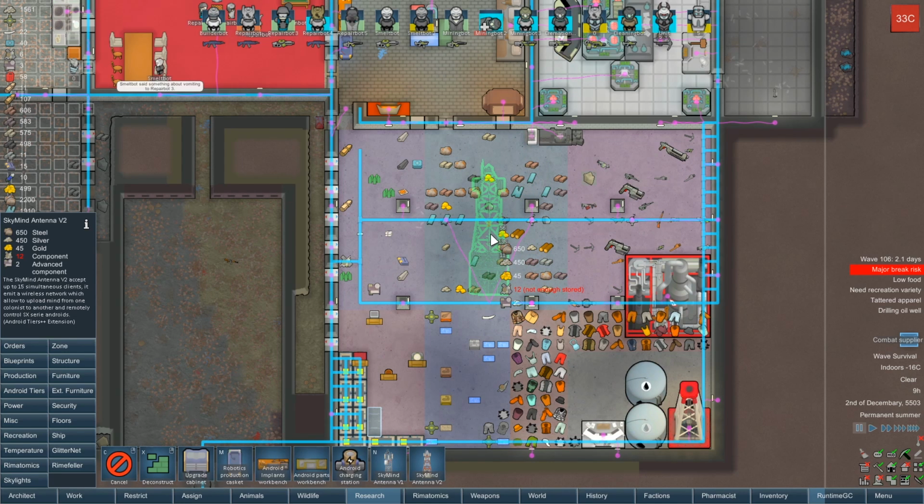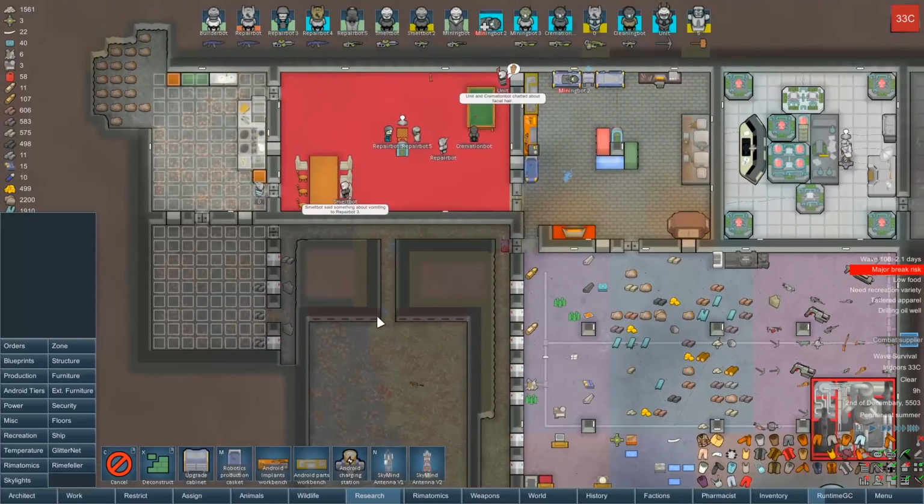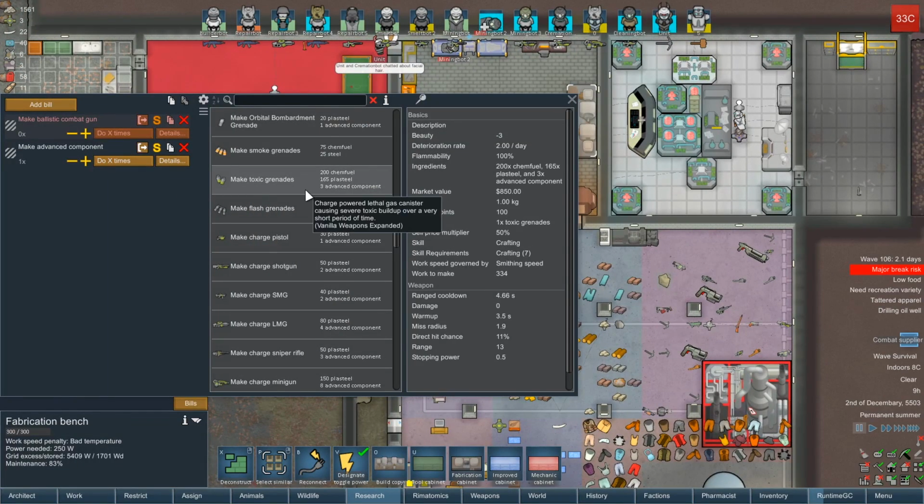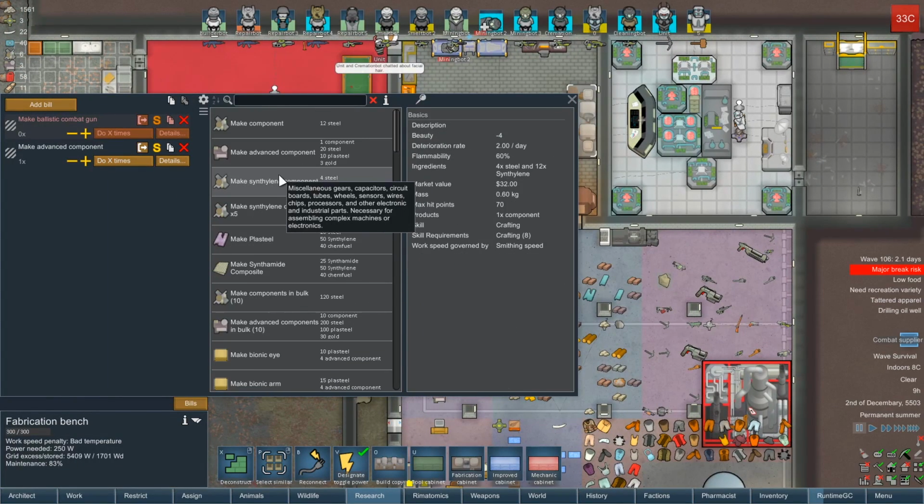So we need 12 components. We don't have components? What? So they built a lot of component-heavy stuff recently, a lot of coolers, etc. Okay, we need more components then. Let's go to the fabrication bench and actually queue up. I should have done this a long, long time ago. Queue up a bare minimum for...